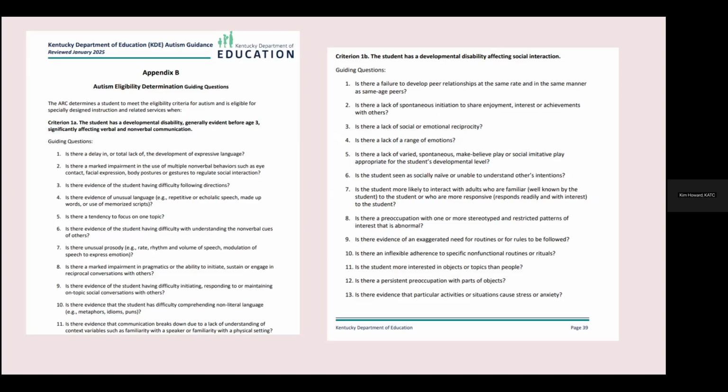It could be specific patterns of behaviors, doing the same behaviors over and over. We use a lot of non-literal language, and we use body language. Anybody give kids the teacher eye? Right? The teacher eye is something that kids may not be able to read if they have autism. When I taught years in an autism setting, I specifically taught my teacher eye face to my students. Is it someone who's socially naive or unable to understand others' intentions? Is there a lack of make-believe play, especially when we're thinking about our young kids, or social imitative play appropriate to that student's developmental level?